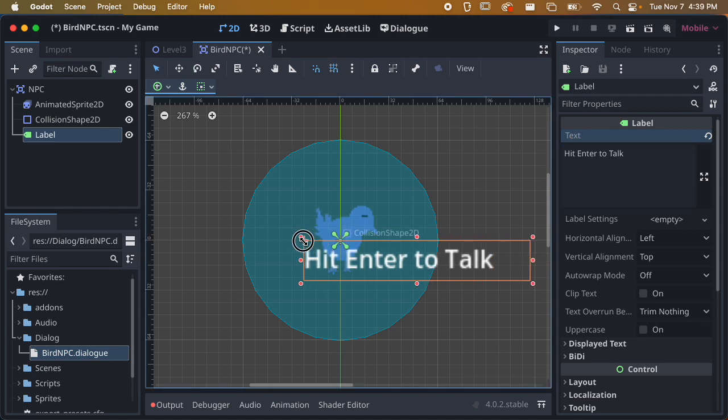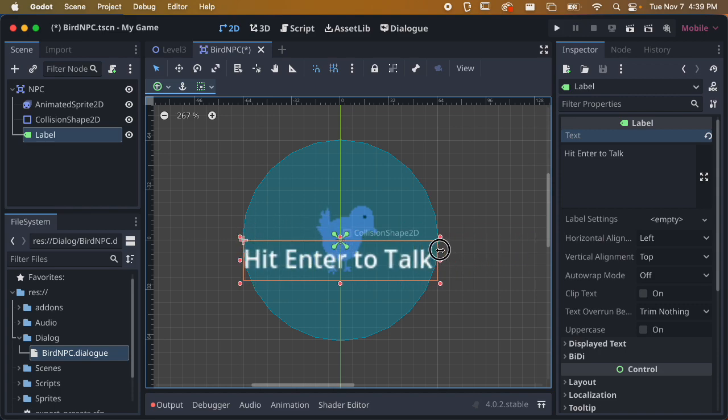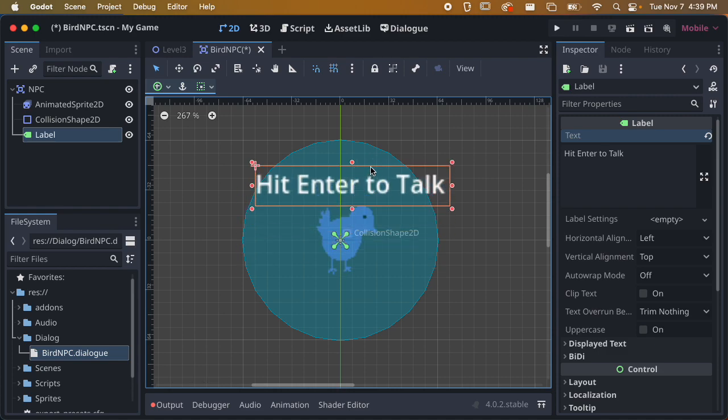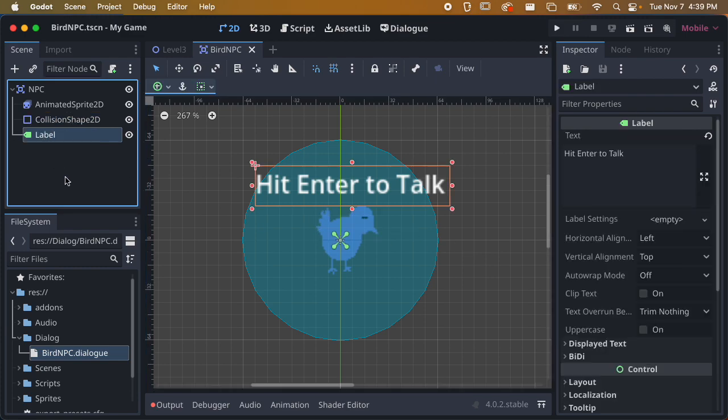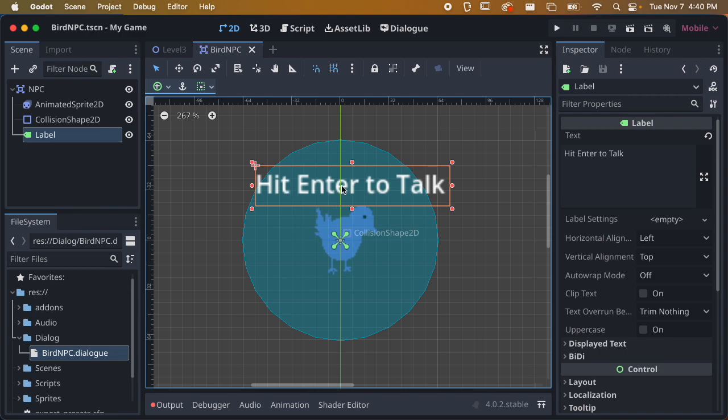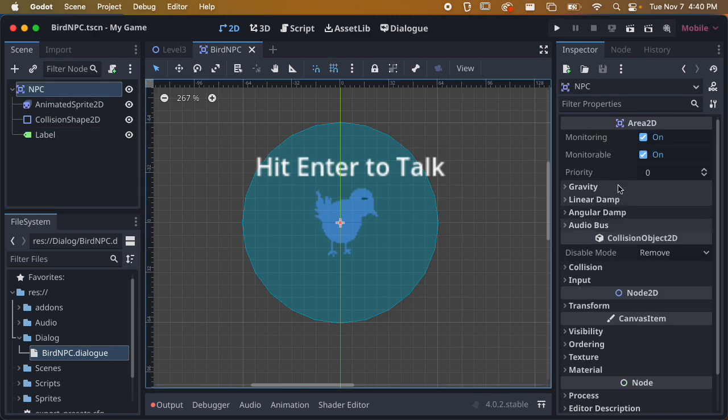And then I'm going to move this over like that maybe. And maybe put it up or below. You can kind of decide. And again, this label thing is kind of optional. I'm going to go over more UI stuff later, so there's more stuff that you could do with this design-wise, but I'm really just doing something that's really simple. And then whatever we put here, we're going to want to match to the input key that we use for our dialogue. So let's set that up,